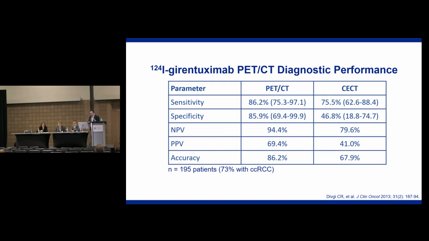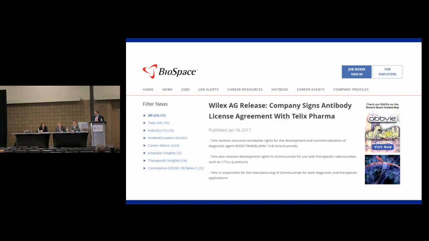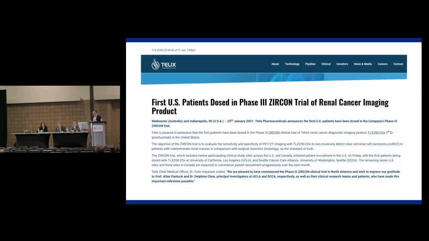Unfortunately, the company that owned the compound at the time, Wilex Pharmaceuticals out of Germany, ran out of cash, and this compound got placed on the shelf. That was until recently, when Telix Pharma out of Australia in 2017 purchased the IP around this antibody. They went ahead and have relabeled it now with zirconium-89, and they're putting it through its paces in what's known